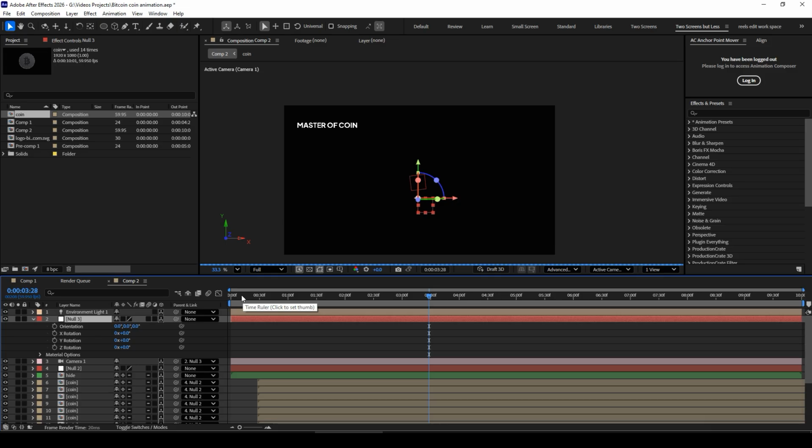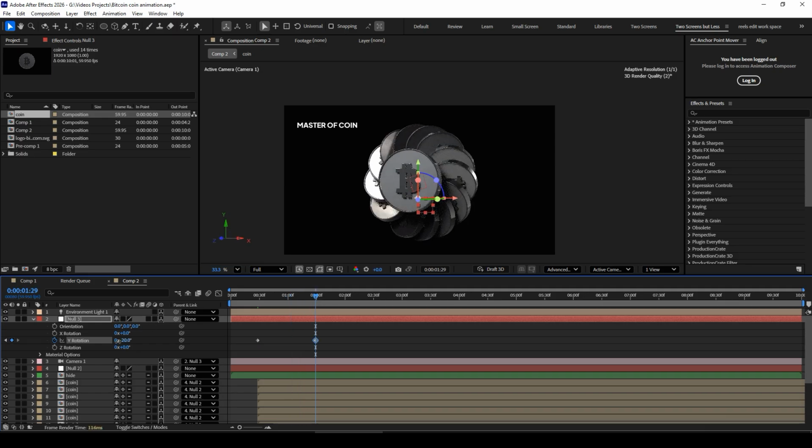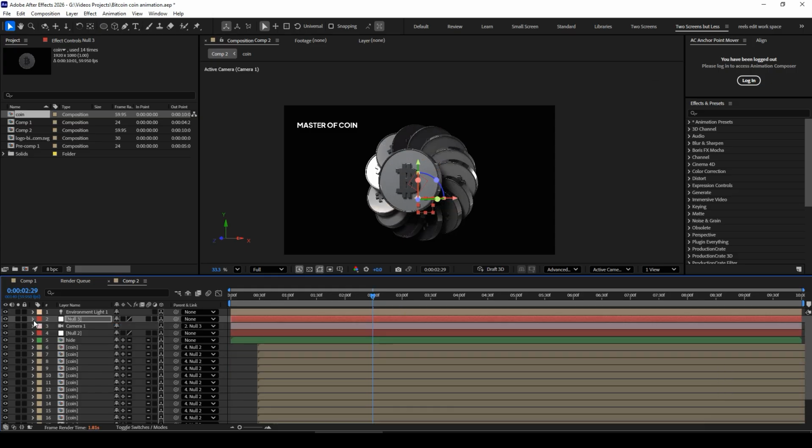Again, it's how you want to move. You can also animate the camera. To do that, just create a new null layer and make it 3D and parent the camera to the null layer, add the rotation, and you can just animate it like